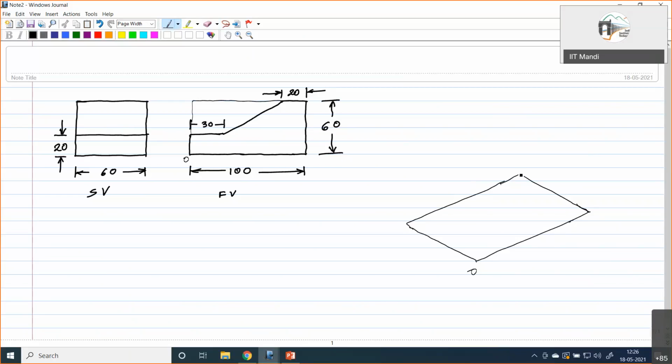Okay, then we have to mark the height along this vertical line, same way here. I guess somewhere here.